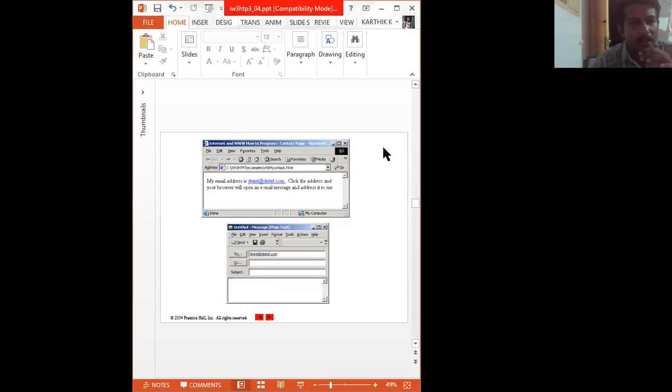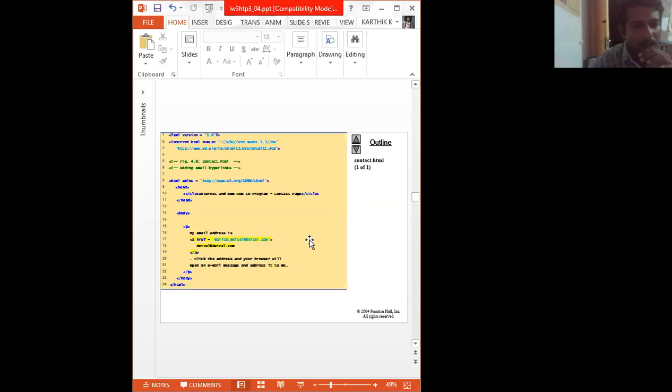So here this example shows how we can create a compose mail: anchor tag followed by href attribute equal to, within double quotes, you have to specify mailto colon and where we want to mail.